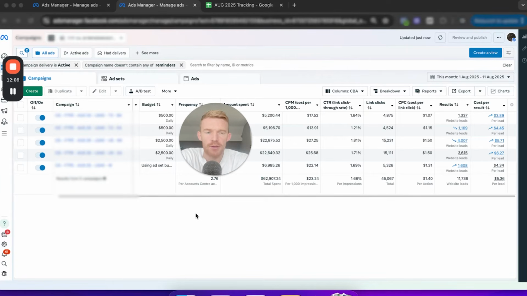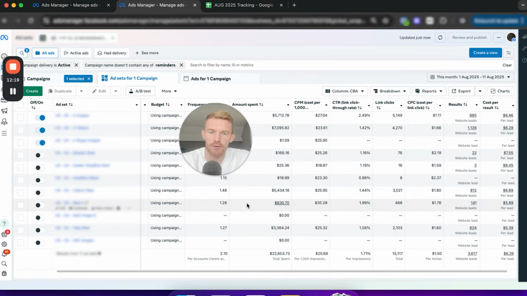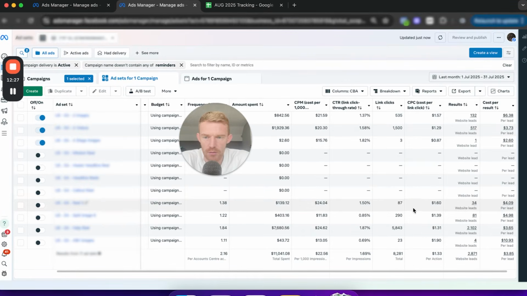Now, was it a hard decision? I did obviously want to keep the ads running for that reel ad, because the leads were so cheap, and we had a couple of them that were doing really well. I think in this campaign, maybe there was only one, but across all the different campaigns and the different types of avatars, they were getting a super cheap cost per lead. So this one, and this one, and this one, these three, even though they're getting a good cost per lead,